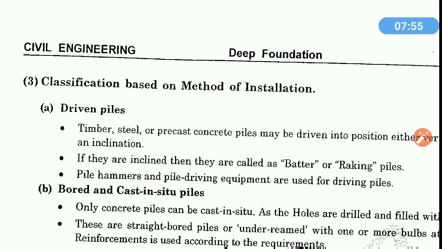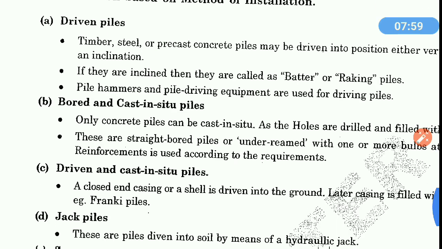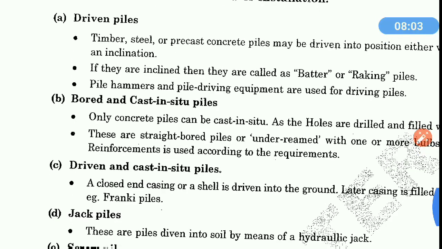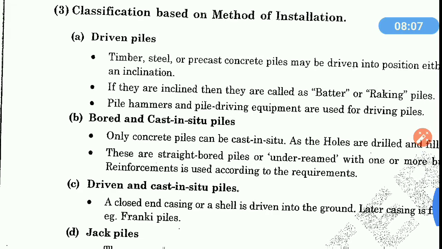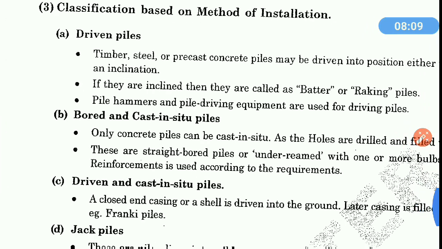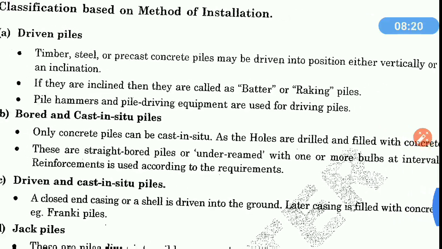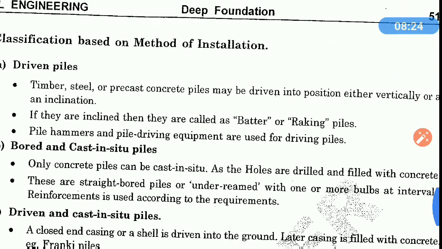Classification based on the method of installation. As per the method of installation, piles are further divided into 5 types, like a driven pile. In case of driven pile, like timber, steel or precast concrete piles may be driven into position either vertically or at an inclination. In that case,